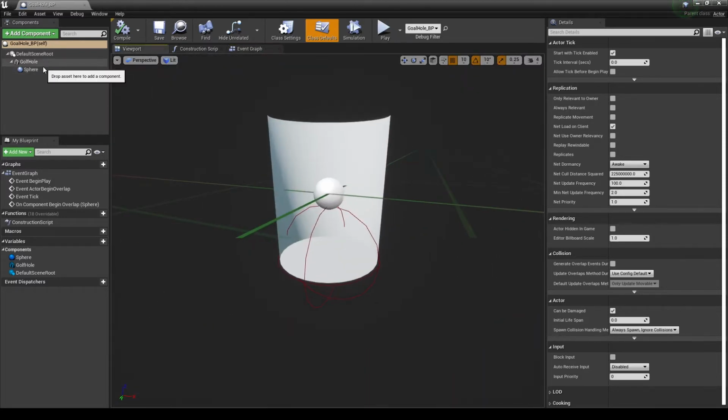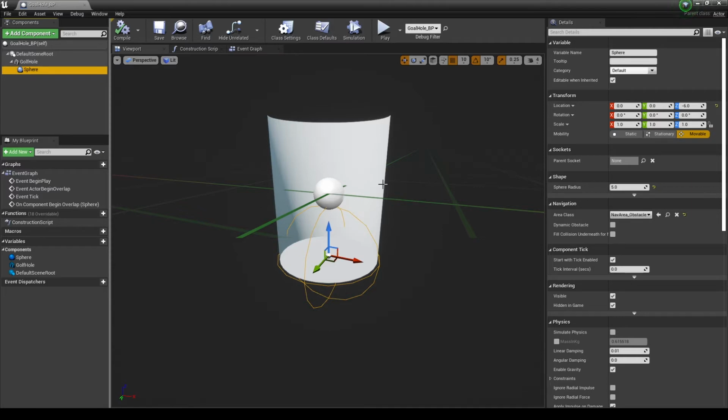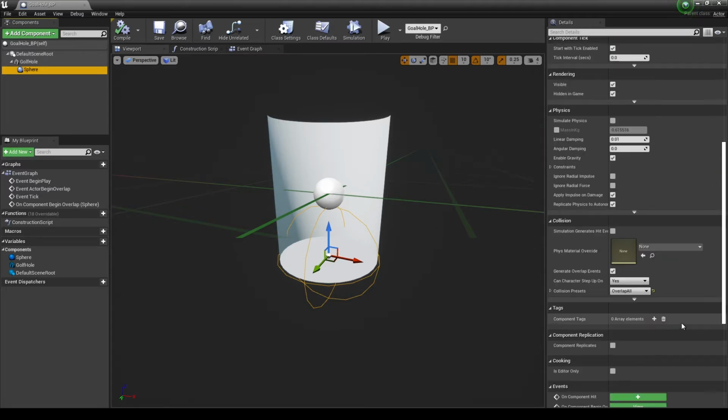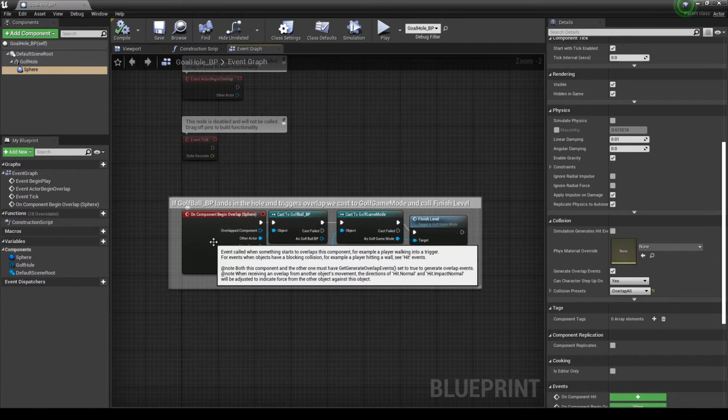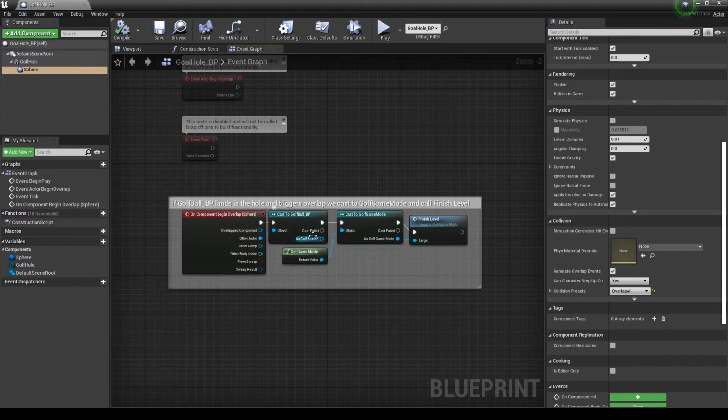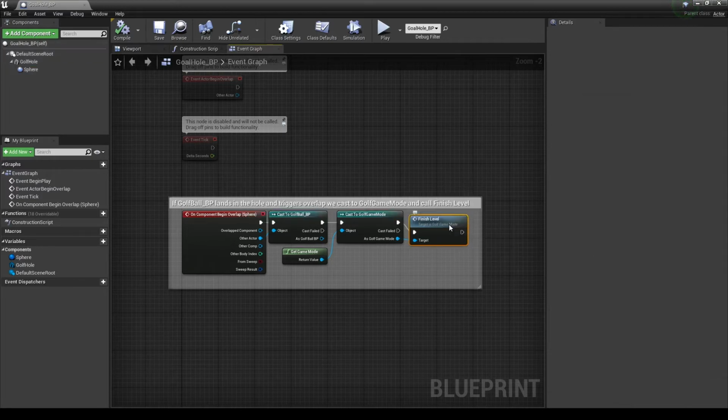There is a sphere collision, and it's just set for overlap all. The ball falling in triggers the overlap. We cast the ball to make sure that's what actually fell in it, and who knows, you might have objects you add to the level that move around and fall in there, and you don't want those to trigger it. If the ball in fact lands inside the hole, it triggers the overlap and calls the finish level from the golf